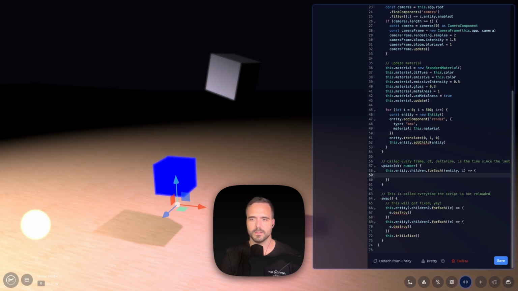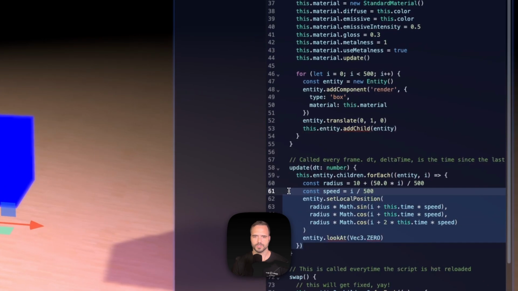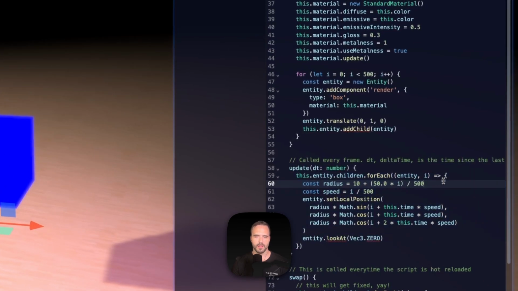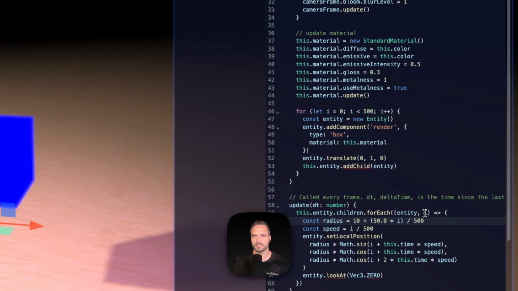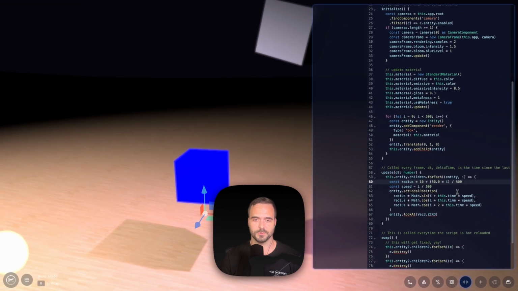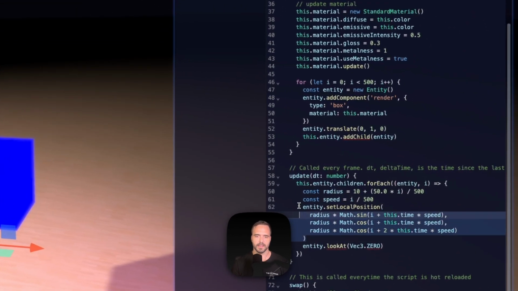Now, I've already done some of this math in the background, so I'll just give you the snippet real quick, and then you can play with it as you wish there. We'll talk about it. Pasted this in real quick. And so what this is going to do is loop over every entity. We have a radius, and this will be the radius from the center. The speed is 500, actually the same 500 instances that I'm using for reference. And you can also just, instead, if you wish, create more entities. We can play with it a bit. And what we're going to do is set the entity's local position. So the radius times the Math.sin, the Math.cos for the y and z axes here. And we're going to multiply that by the index it's on,